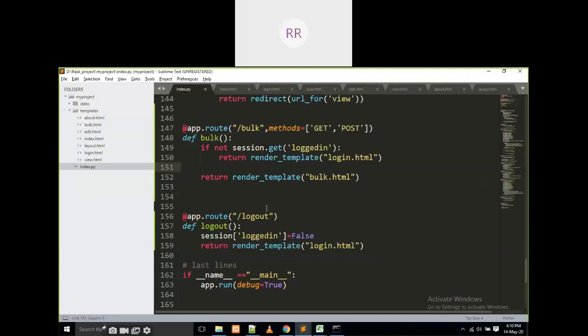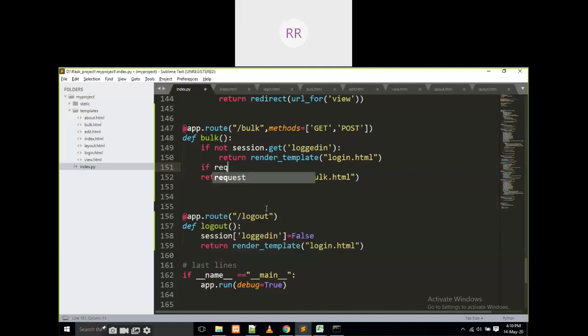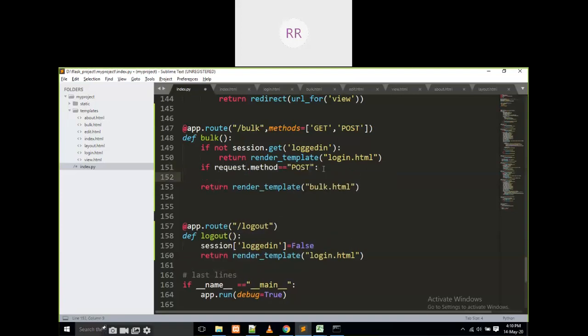Now I am going to write: if request.method is equal to POST, then file is equal to request.files.